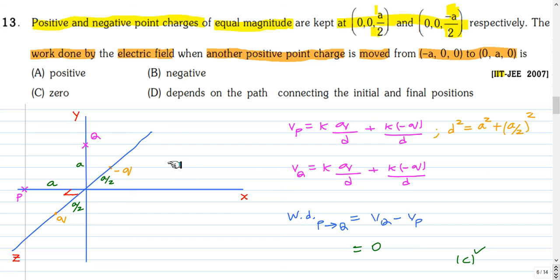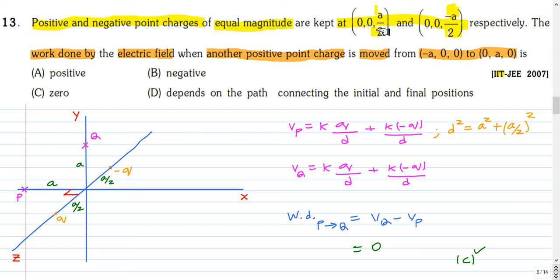So here is the solution. It's a problem where we have to visualize the situation in 3 dimensions because all the 3 coordinates are involved, x, y and z. To draw the figure properly, the x-axis is horizontal and the y-axis is vertical along the plane of this paper, and the z-axis is coming out of the plane of the paper, and the charges, positive and negative charge, are kept